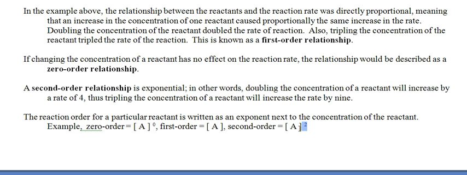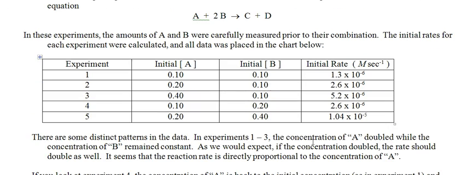And then down here I have how you would represent that. If we're looking at, say, a zero order reactant, you have the option of putting a 0 as your superscript or not showing it at all, because anything to the 0 power is 1. So if you have a concentration that's a zero order reactant, and we plug it into the data that we're going to be using for this table here,